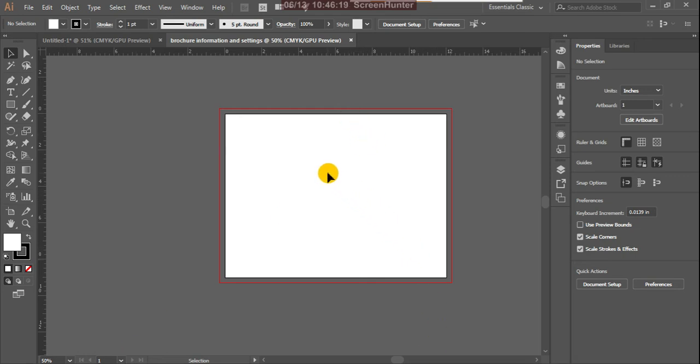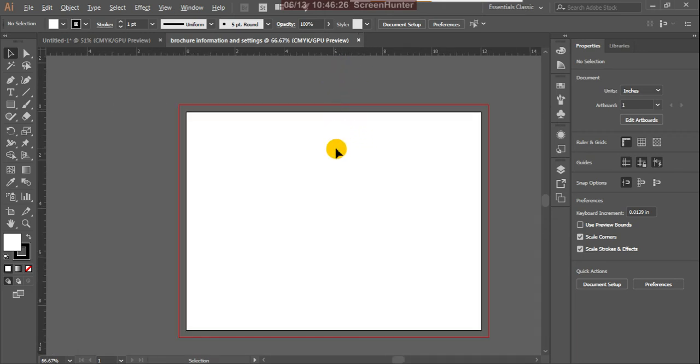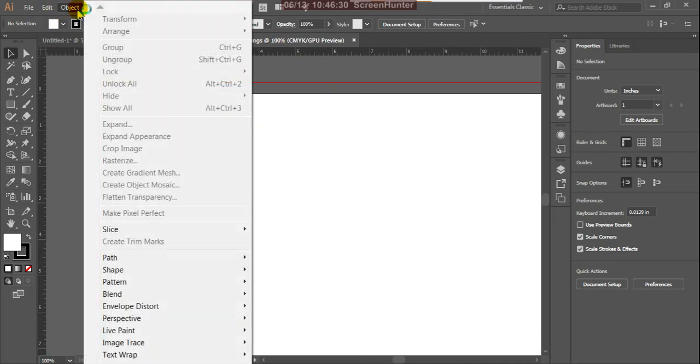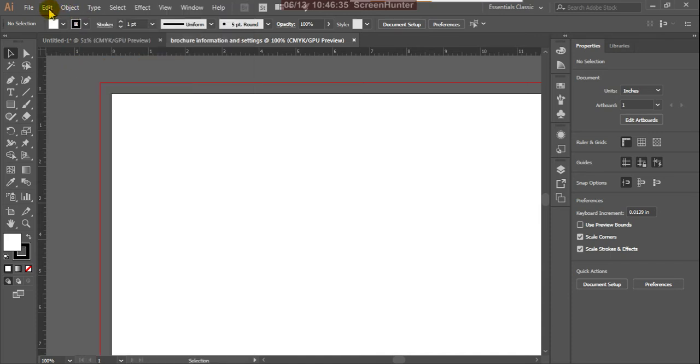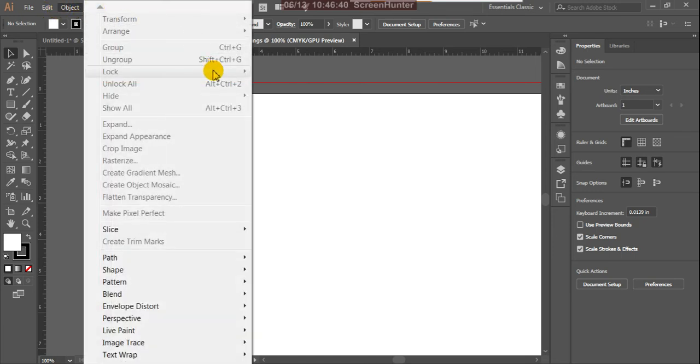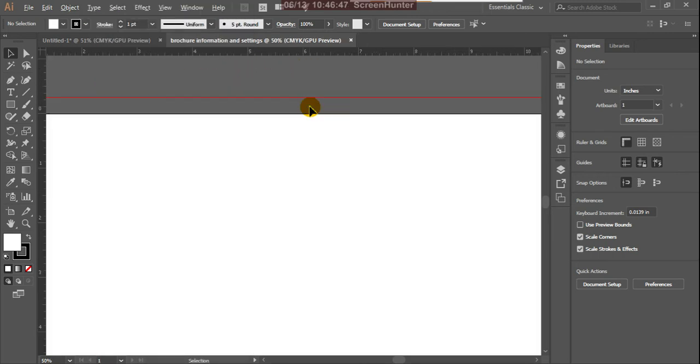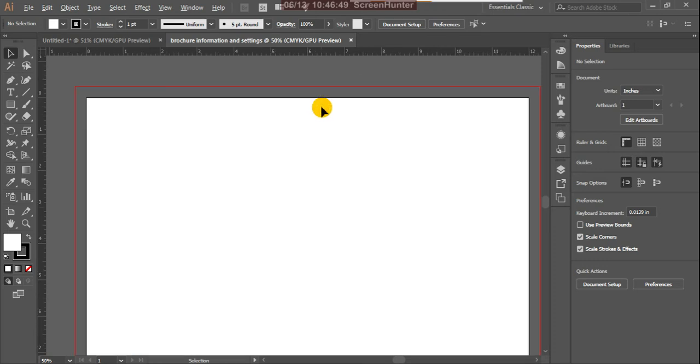So how to do that? Here, 12 inches, you can make it half.